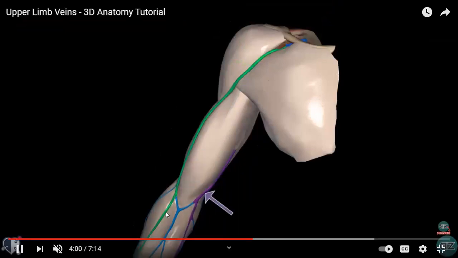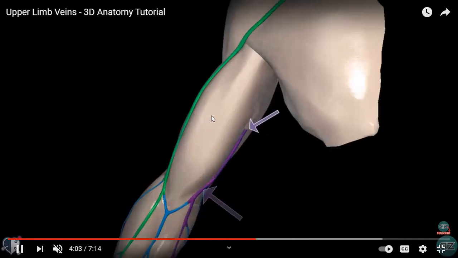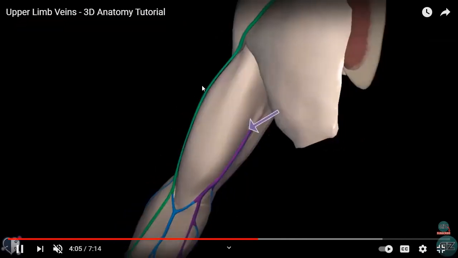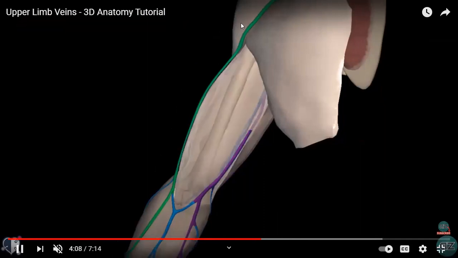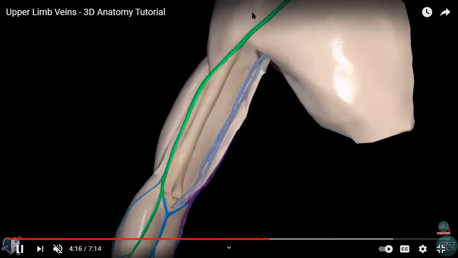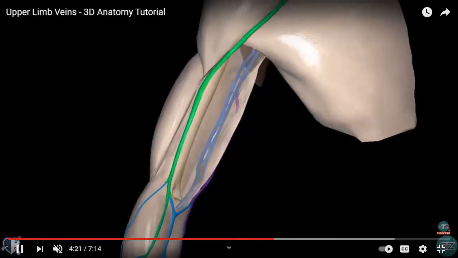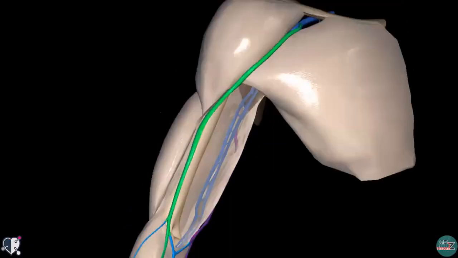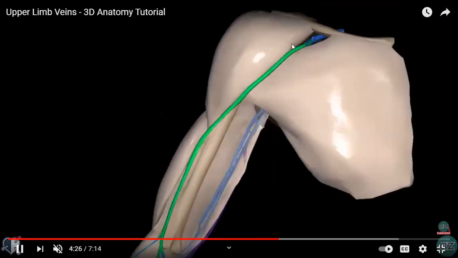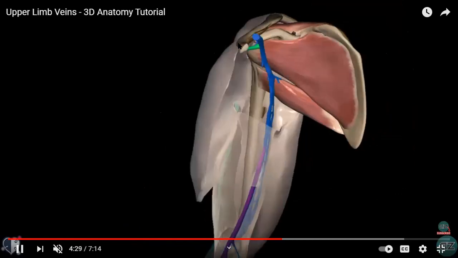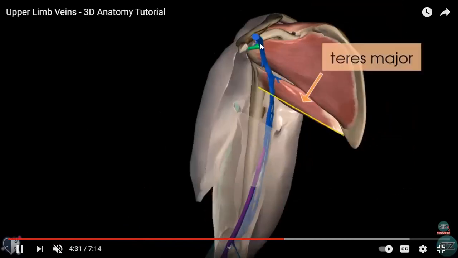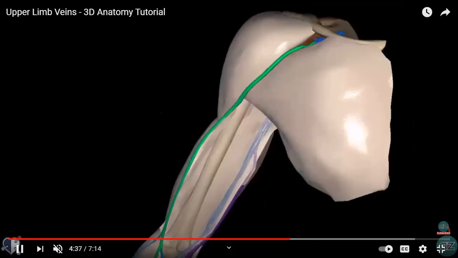If you see the course of the cephalic vein, this bulky muscle you are finding is biceps brachii. It moves along the lateral side of the biceps brachii in the deltopectoral groove and pierces the clavipectoral fascia. Finally, we know it drains into which vein? Axillary vein. The cephalic vein drains into the axillary vein. See here, deltopectoral groove, it has pierced the clavipectoral fascia. Once it has pierced the clavipectoral fascia, it has opened into the axillary vein. Of course, this is the posterior aspect of the scapula that you are seeing.